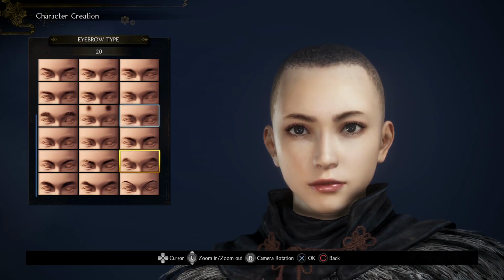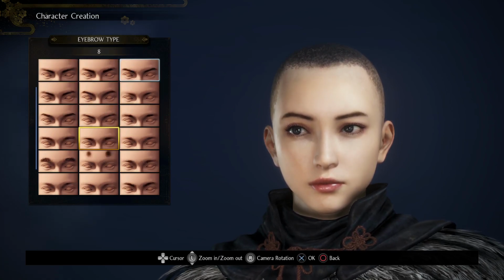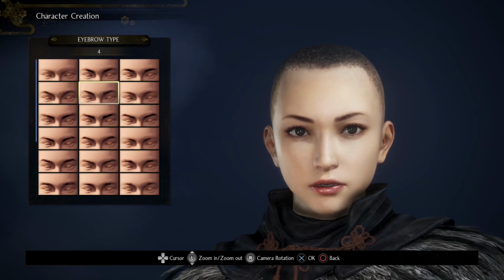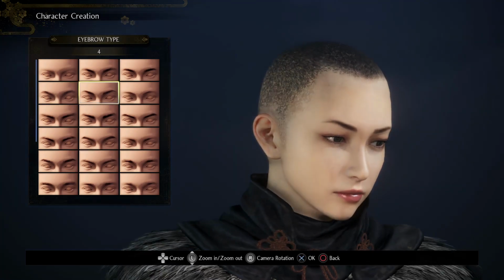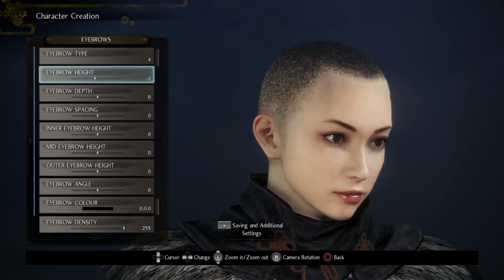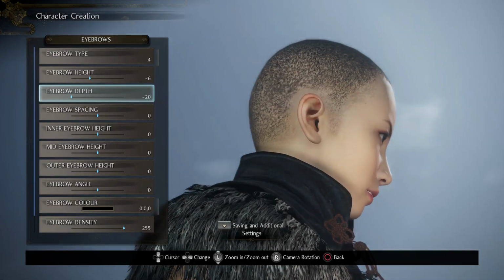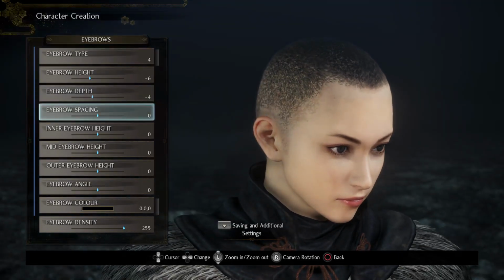Fiercely penciled in place. I can kind of see why I went with them now. It's a little more determined. I'm going to stick with that. Eyebrow height, I reduced. Depth, I believe I would have reduced as well, because then it kind of brings it closer to...